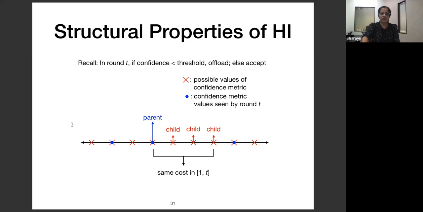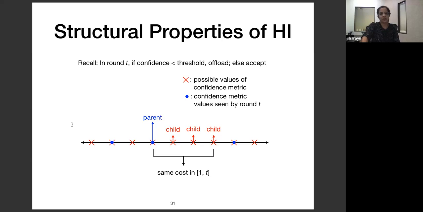Now, due to the structure of our decision module, since it offloads if the confidence value is lower than the threshold, these four threshold values have the same cumulative loss up to the current round. So all these four threshold values are going to accept the local inference for all confidence values that lie to their right. And they're going to offload to the remote model for all confidence values that lie to the left. And since up to this time, there is no confidence value that lies between these four possible thresholds, 1 blue and 3 red,